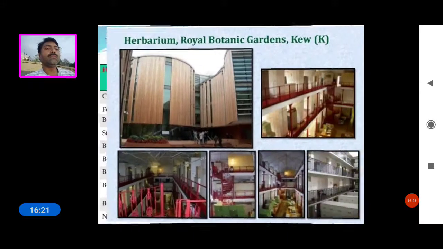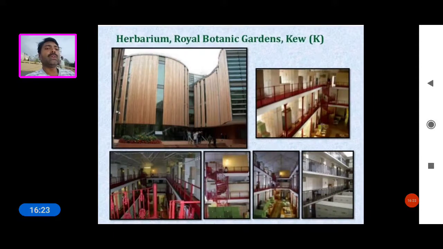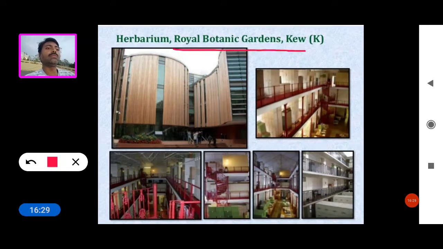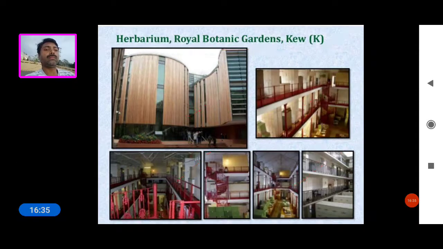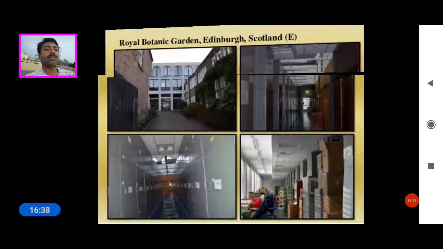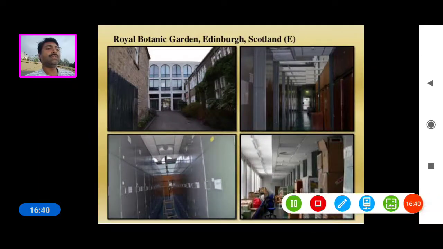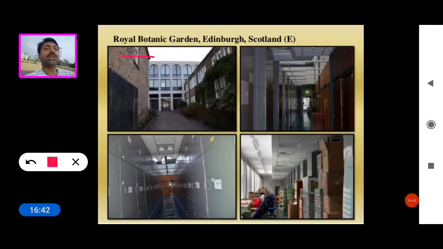Now see some important herbaria worldwide. This is the herbarium of the Royal Botanic Gardens, Kew. And next we see the Royal Botanic Garden, Edinburgh, Scotland.